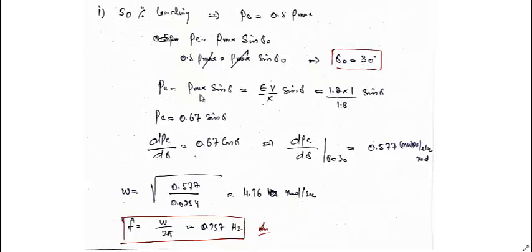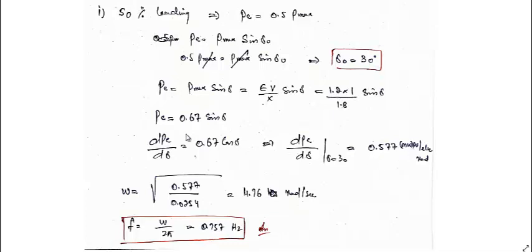Again, writing P is equal to Pmax sine of delta. That is EV by X, because Pmax is equal to EV by X. That is 1.2 into 1 divided by 1.8 into sine of delta. It comes out to be P is equal to 0.67 sine of delta. So del P by del delta will be equal to 0.67 cos of delta, that means differentiation of this. Now this has to be calculated at delta naught. Delta naught is 30 degrees. Put the value of 30 degrees, you can get the value of